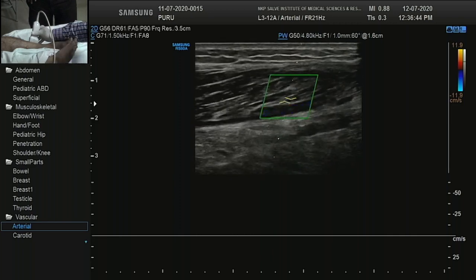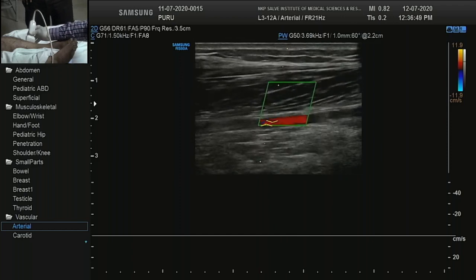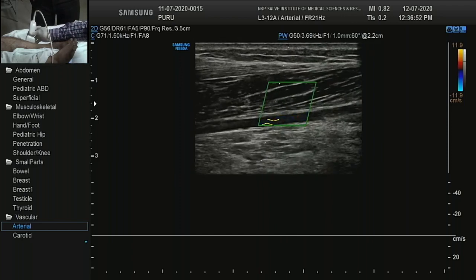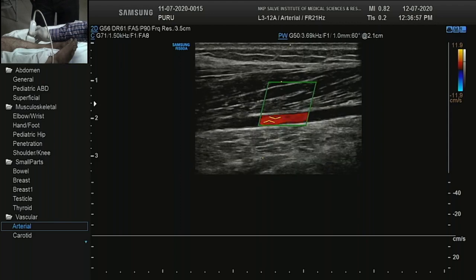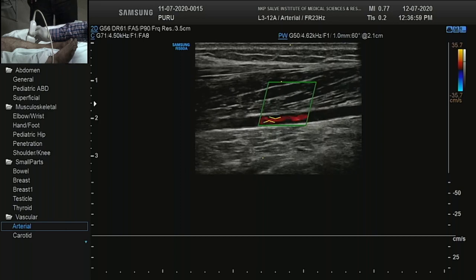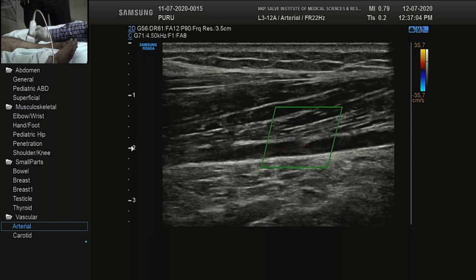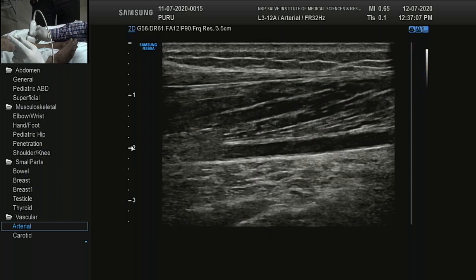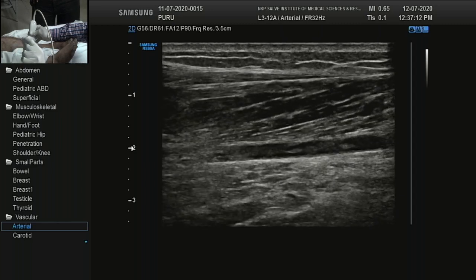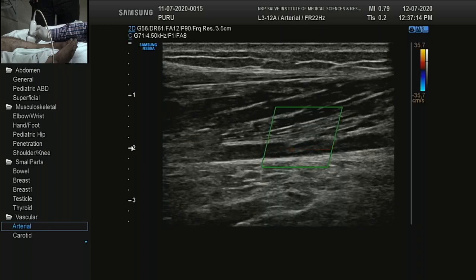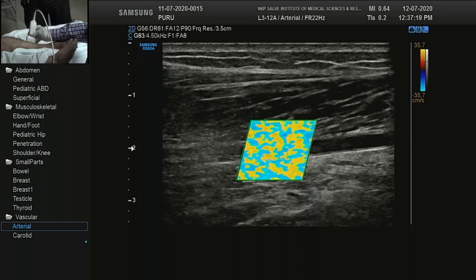So you have to perfect your technique. You have to remember what I am seeing, what is normal for this vessel, and have I changed my settings so that I am not able to take out the normal information. For example, if you have screened the femoral before, you are setting the PRF high, and now you are trying to see the tibial artery. In B mode, you are seeing that artery is pulsatile. See the artery is pulsatile. If you can appreciate, the artery shows little bit pulsations. And on color, you are not seeing the color. So there are multiple things. Either your gain is low, no.